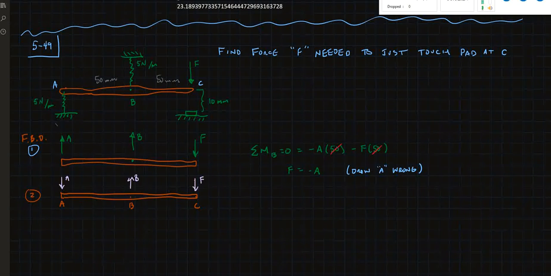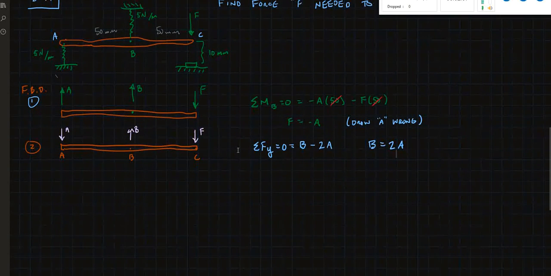Okay, so now if I sum forces in the y direction, set them equal to 0, I get B minus this F minus this A, or I could replace those, minus 2A, as we have it drawn here. So B equals 2A. Now, if that's the case, then if I draw,